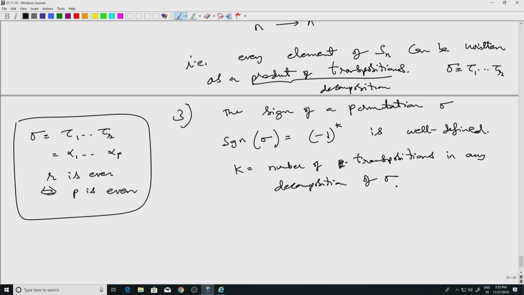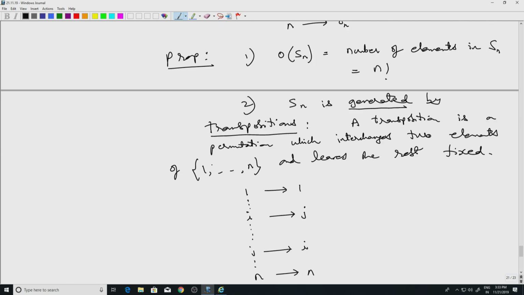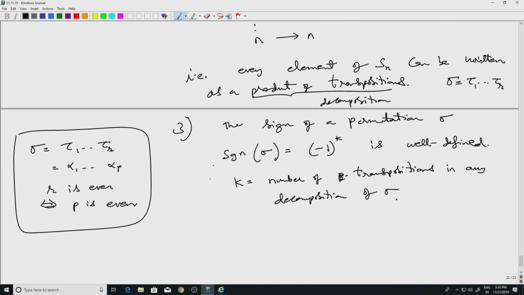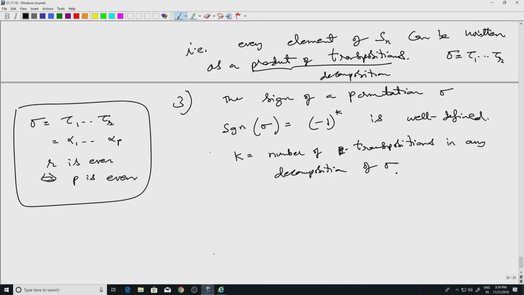So all these three things are facts in elementary group theory or elementary combinatorics. I'm not going to prove these. I'll just assume these, and it is necessary to be somewhat familiar with dealing with permutations, multiplying permutations, and so on to proceed further. So with this in hand,